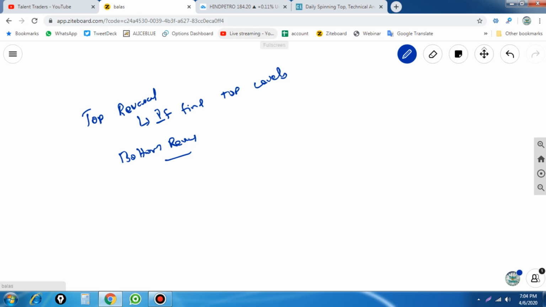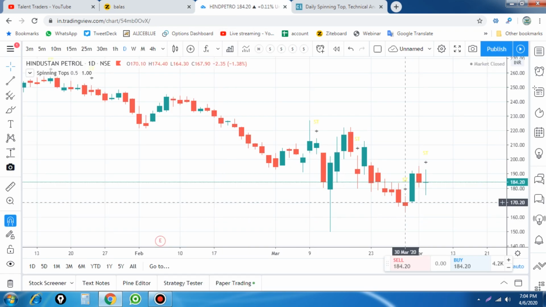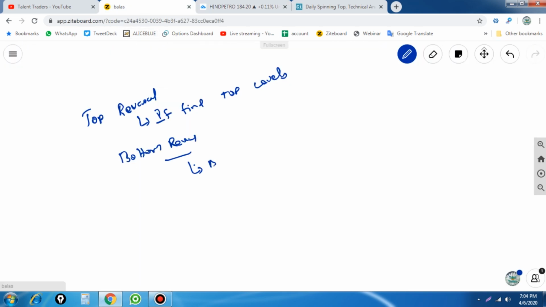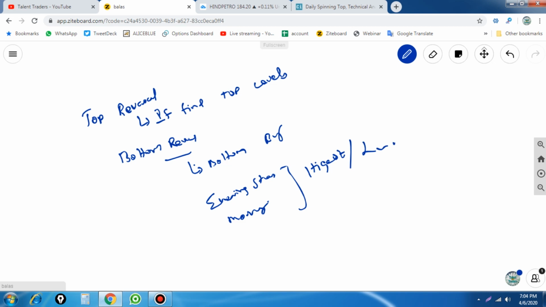Just now we saw some stocks like Hindustan Petroleum, MGL and Sun TV. If you find it at a bottom level, it is a powerful thing at the bottom. And another thing, a normal gap down, that is the evening star and morning star, also works very well. You have to find these candlesticks where they form at a highest or lowest level. If you find this kind of candlestick pattern, there will be a big benefit in making profit on that particular candlestick pattern.